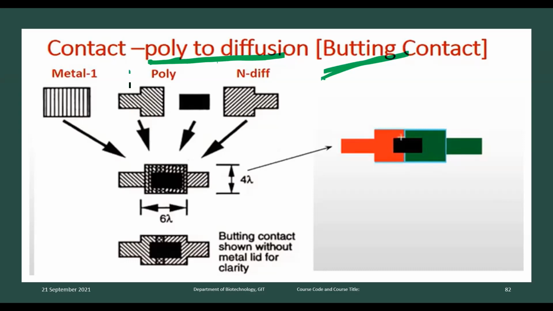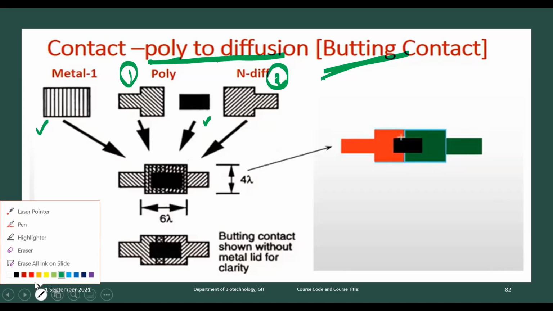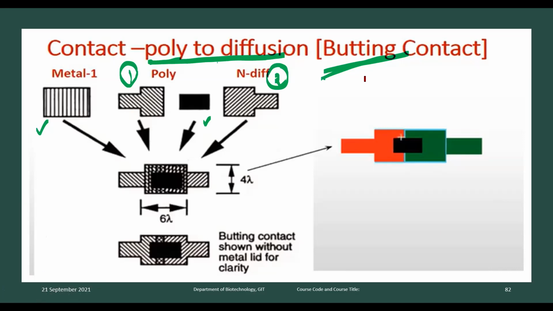First, this is the poly, and this is the diffusion. These two, poly and diffusion, need to be joined. For that, metal one and one contact cut are required. Now see, in color it is shown like this. This is my P diffusion. The minimum width of the P diffusion should not be changed. It's only 2 lambda.